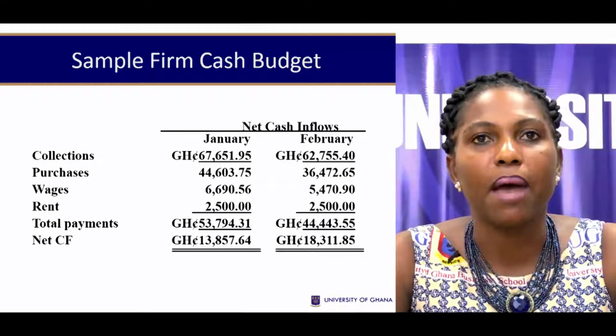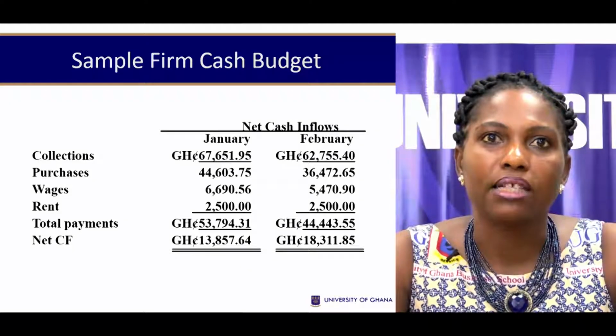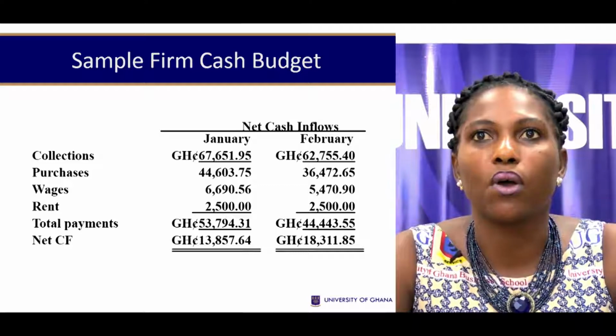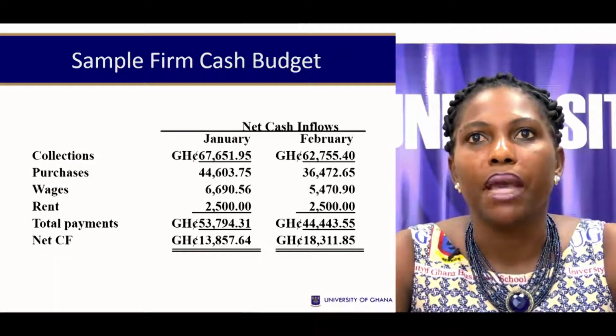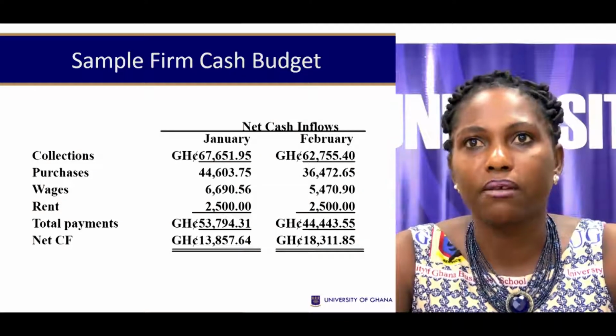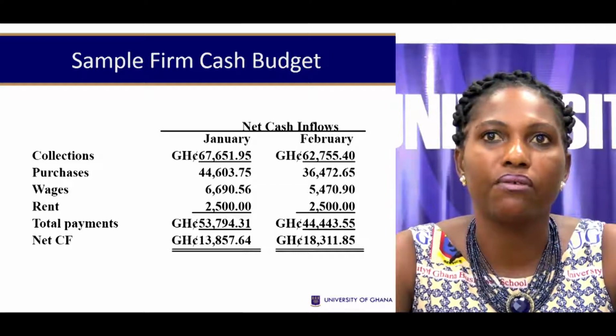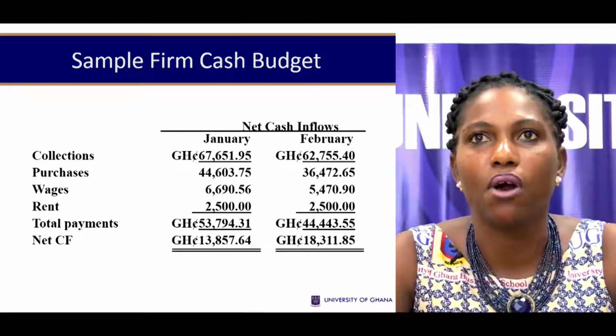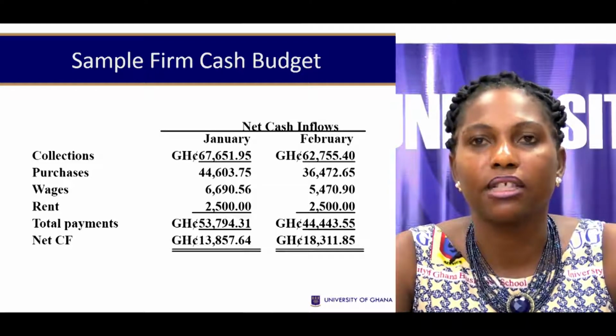That means that the firm has a positive net cash flow situation of 13,000. In February as well, the firm collects 62,000, makes purchases of 36,000, wages of 5,400, and rent of 2,500. Total payments for that month is 44,000, making a positive net cash flow of